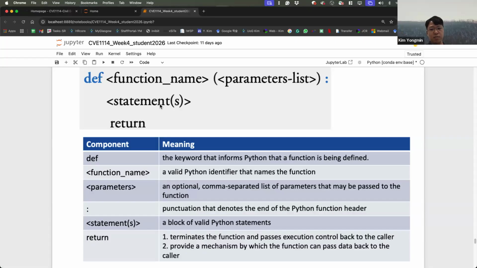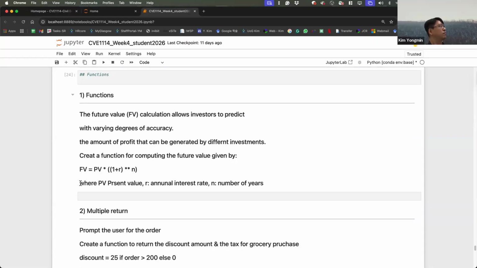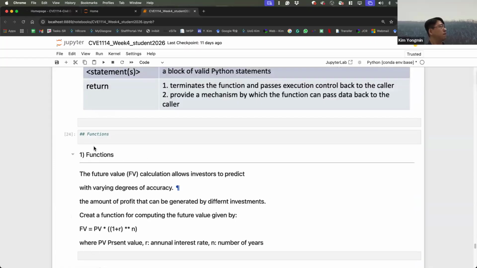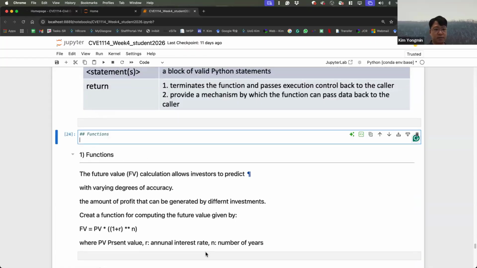One or more statements that are supposed to be performed within the function and return your outcomes. It sounds complex? No. Something like that, I will create.